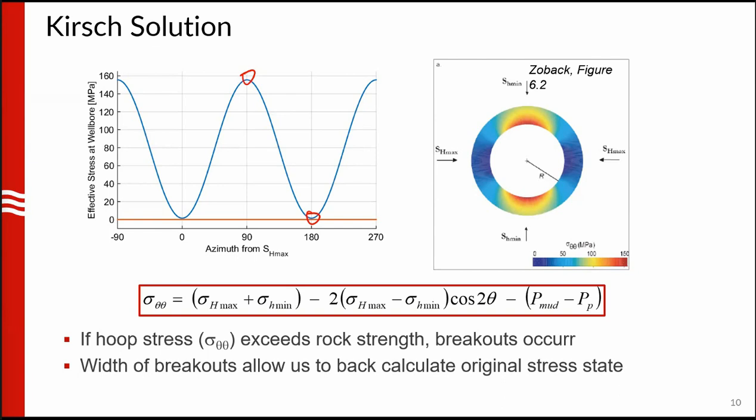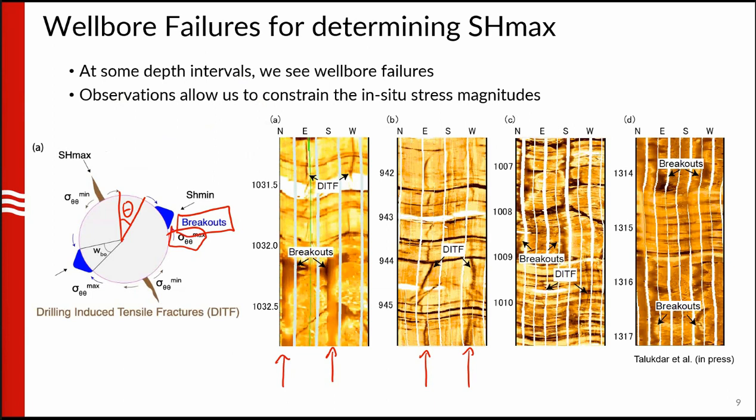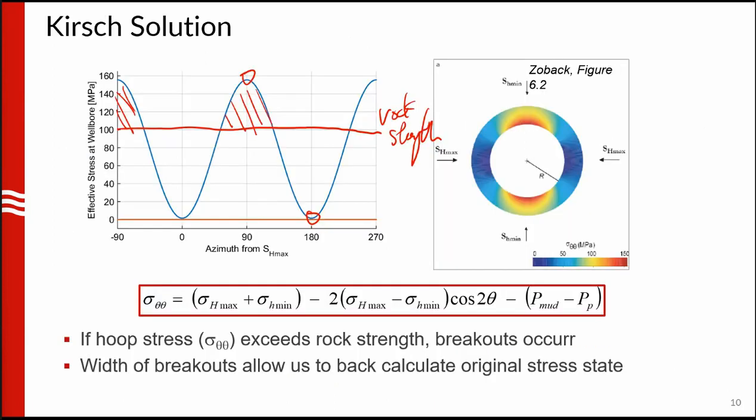And so, for instance, just as an example, if that is your rock strength, you can see that there's a region where it exceeds the rock strength. Therefore, within that azimuthal range, you're going to have rocks collapsing. And that's exactly what this region of breakout is. So this tells us that if we can understand the width of these breakouts, we can back out what this hoop stress pattern is,